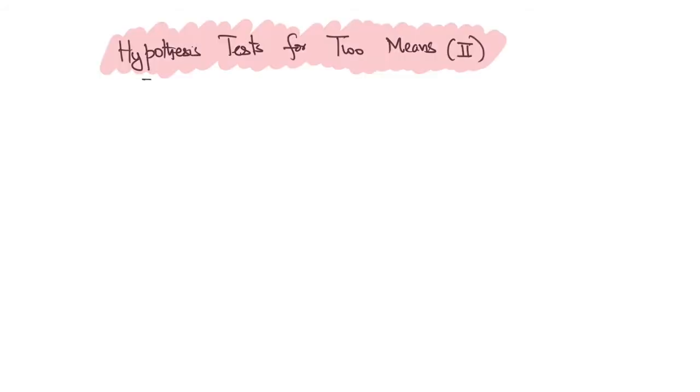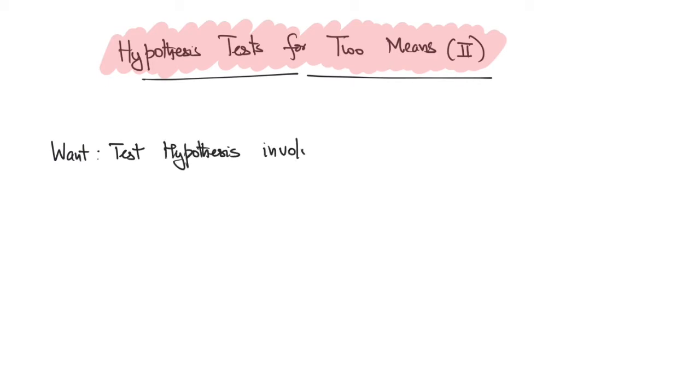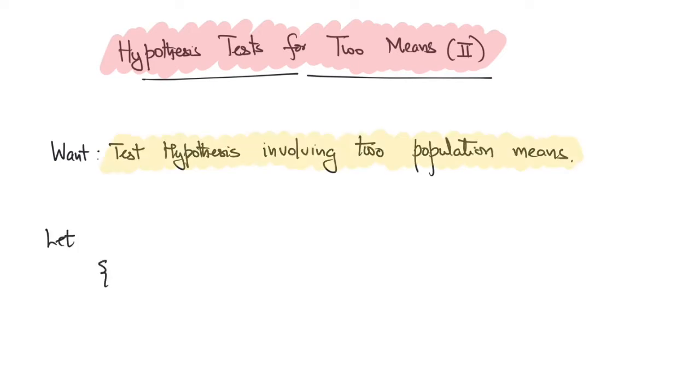Today we will talk about hypothesis tests for two means. This is the second video in the series for hypothesis tests for two population parameters. We want a hypothesis test that involves two population means, and in this context, we will work with a sample